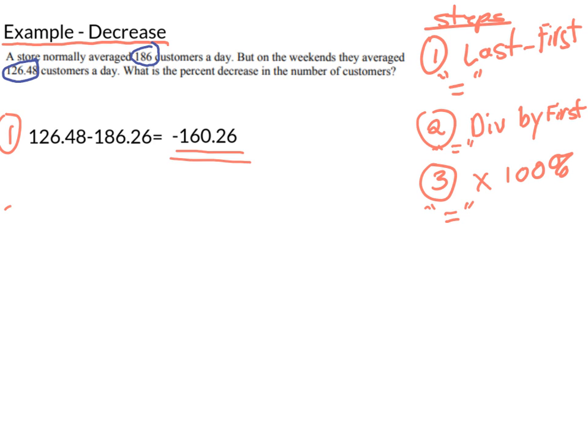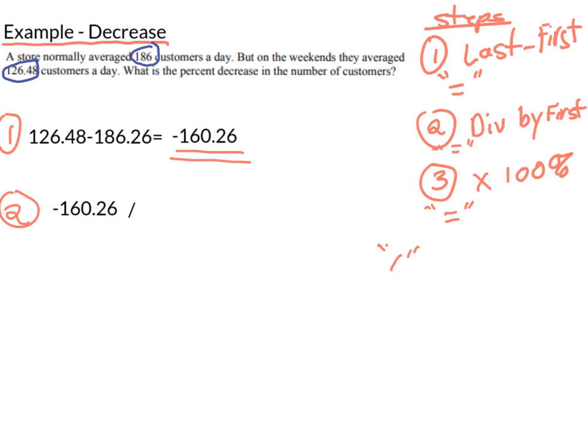So step 2 is talking about dividing what we have by our first number. So this is how you would type it on the computer when you're typing this up for me today. So you type in negative 160.26. Now, because we're dividing and we don't have a nice division symbol on the computer, we're going to do this. In order to represent the division sign, we're going to use the slash sign, which is found